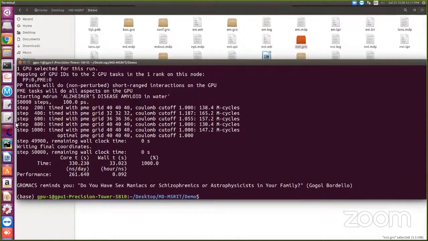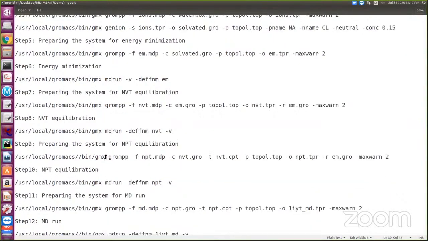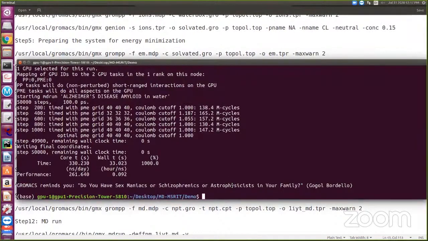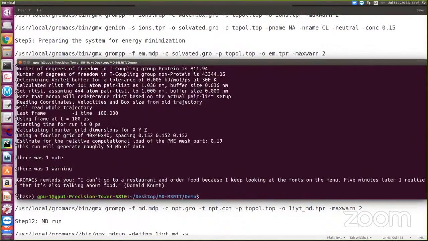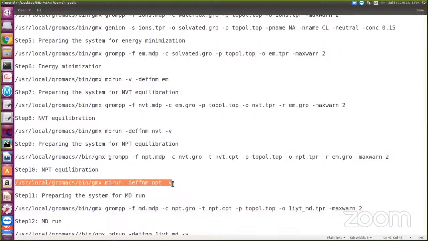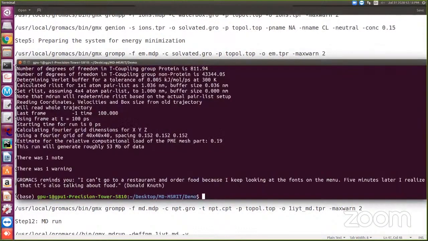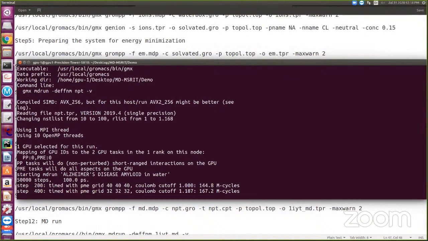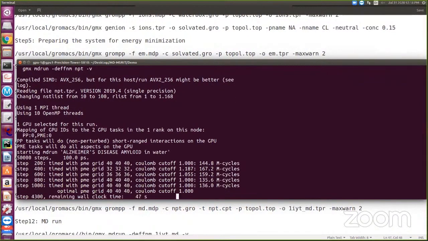Okay, so the next one, I have to perform the last step of npt. I'll copy and paste here. So this is npt, like pressure and temperature. I already gave the parameters there, but it's very difficult to explain each and everything. I'll just perform this, and for this npt also, I have to perform my md run. Yeah, it is running. Again, it will take maximum 75 seconds or something like that. So it's taking that much time.